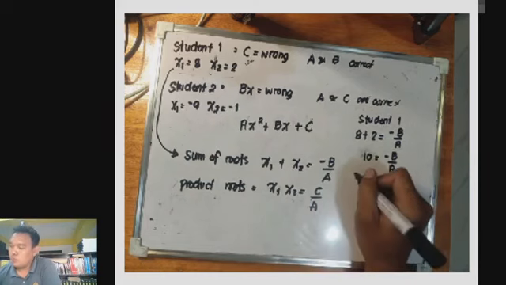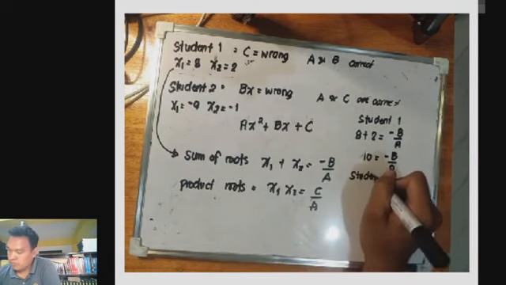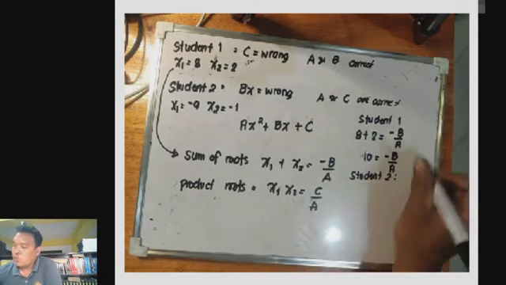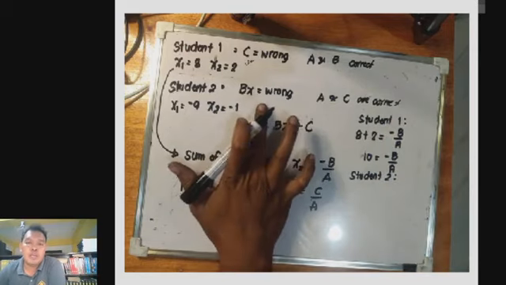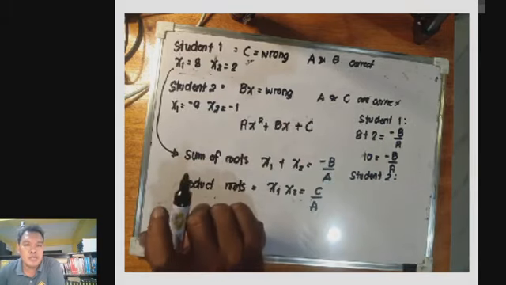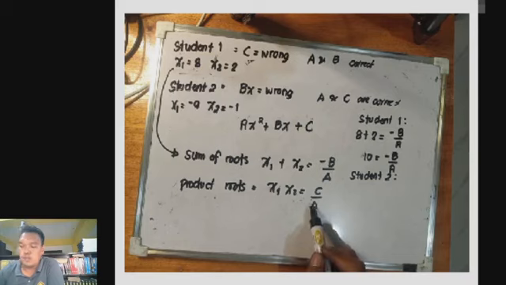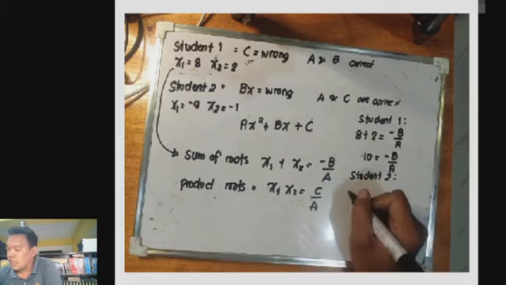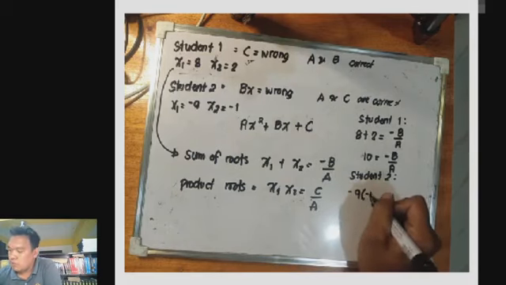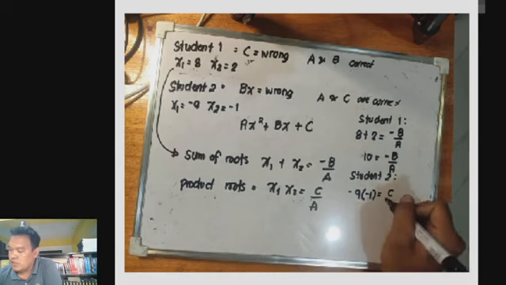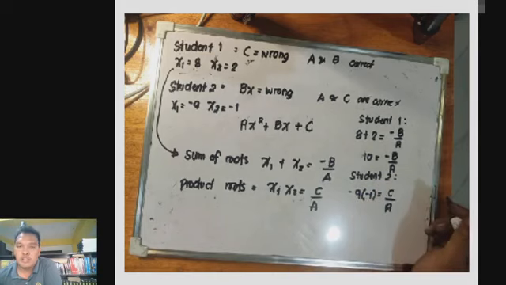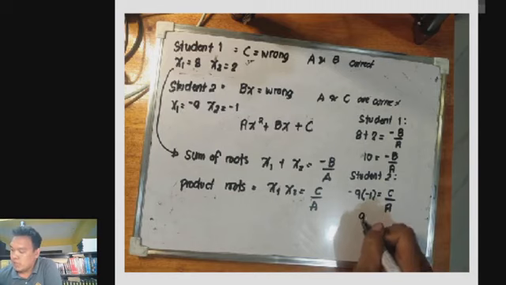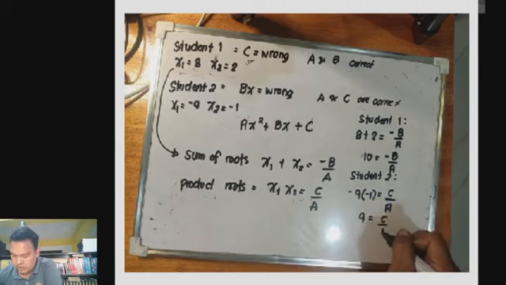Then, for student 2, we have wrong B. So, ibig sabihin, yung C niya ay tama naman. So, dito, sa equation na to, pasok yun. So, we have negative 9 times negative 1 is equivalent kay C over A. Therefore, positive 9 is equivalent kay C over A. Therefore, ito,